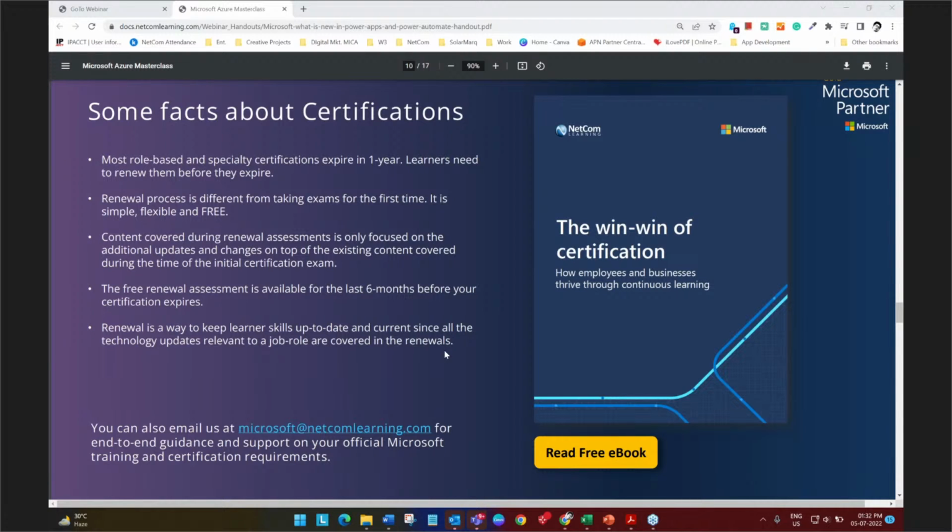We always encourage, as a standard best practice, that all the learners go through the certification process at the end of their learning journey, because the training gives you the skills, but the certification validates the skills that you have acquired, and it gives you a very clear and transparent picture of where you stand and what was your ROI from the training that you just went through. So certification is really the final stop that validates the entire process of upskilling.